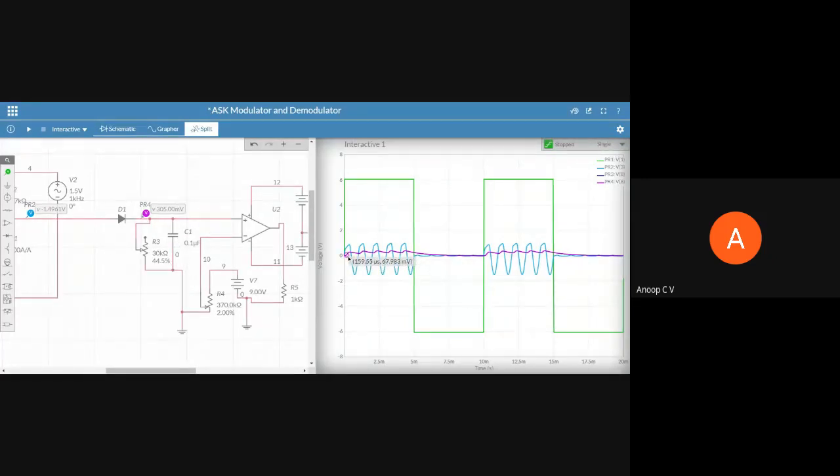So you can see here, all of you can see this, right? Whenever, during the positive half cycle, the diode is in forward bias, this capacitor is charging. Whenever it is in reverse bias, the capacitor is slowly discharging, then again charging, discharging. You have already learned this in your earlier classes. So that's the envelope detector, but that doesn't quite give us the demodulated output.